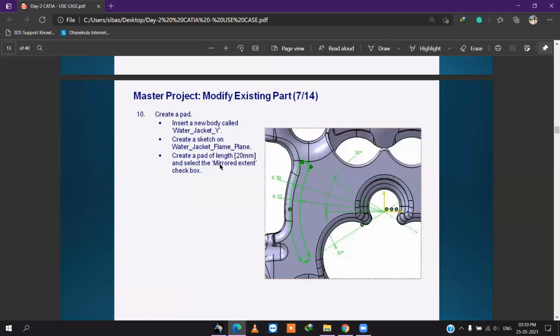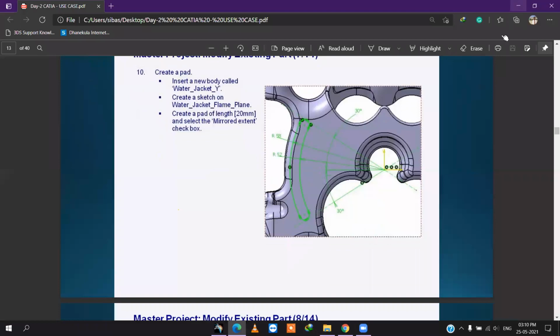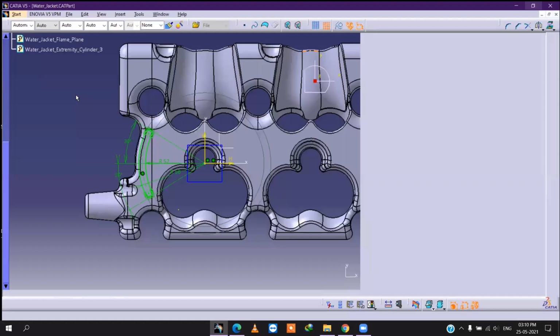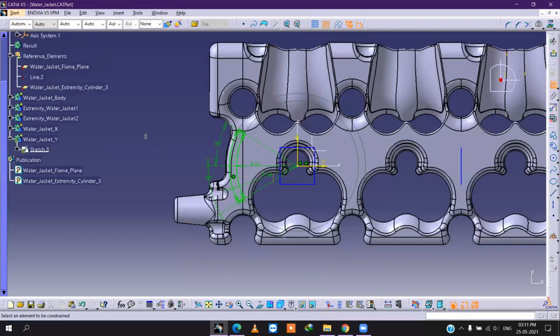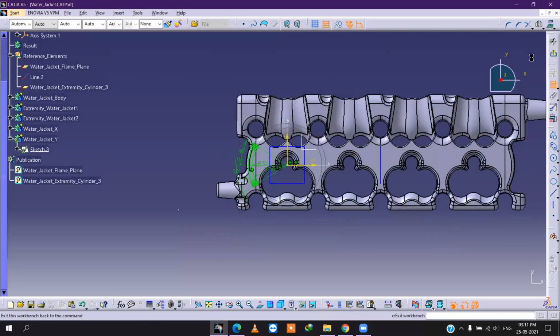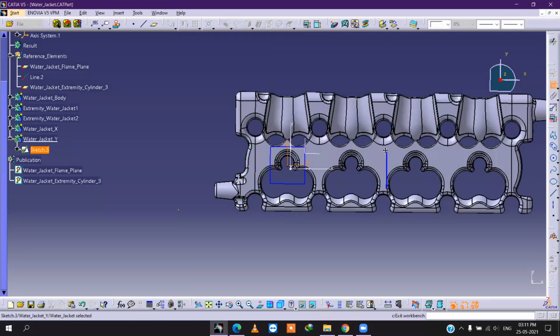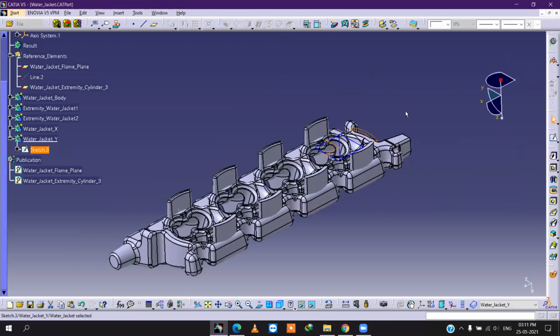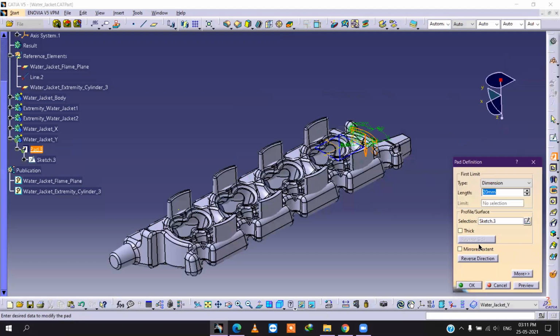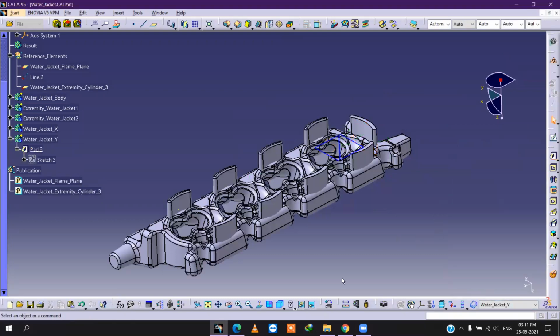Same, we have to create a pad with mirror extend down 20 mm. We have to exit. Pad, mirror extend down 20 mm. Preview, click on OK.